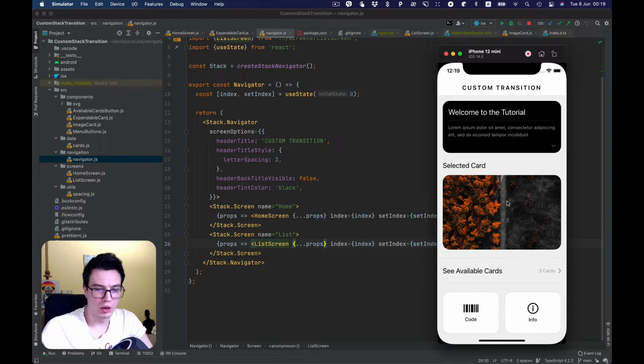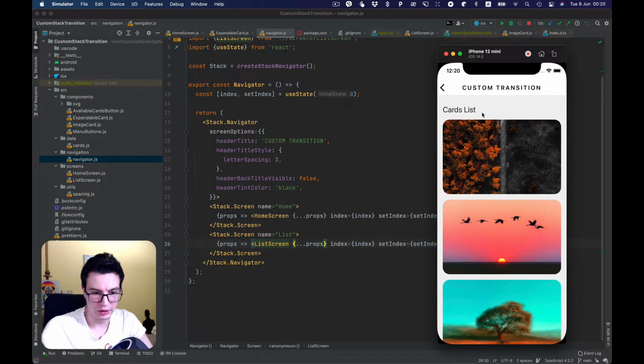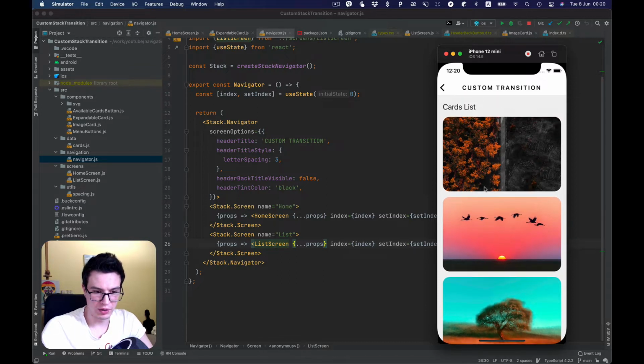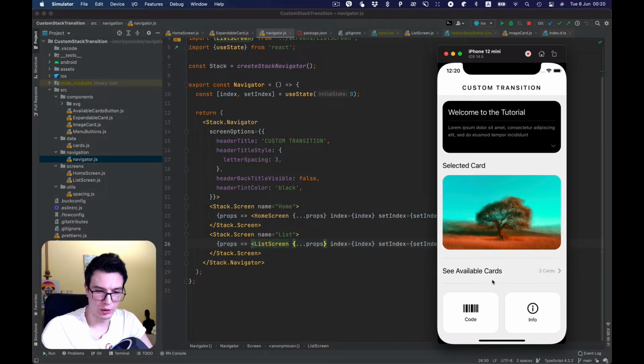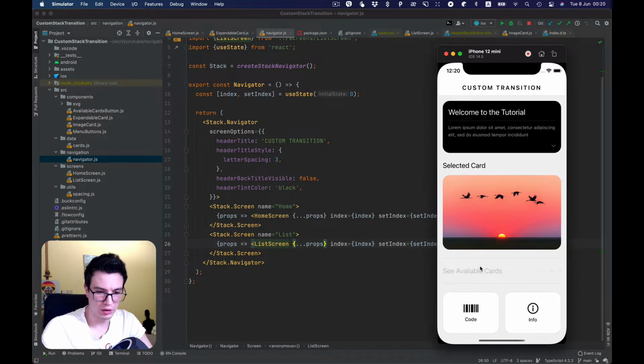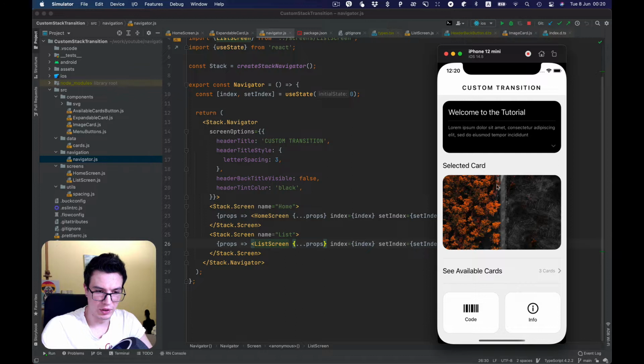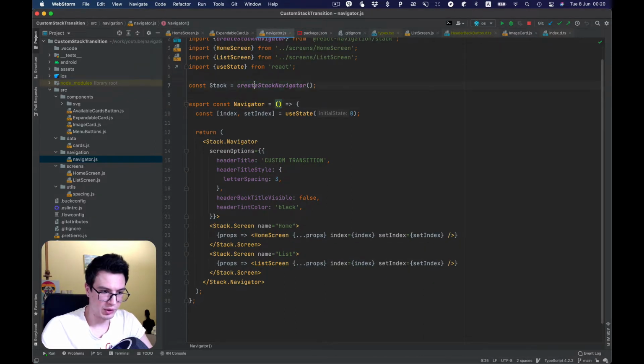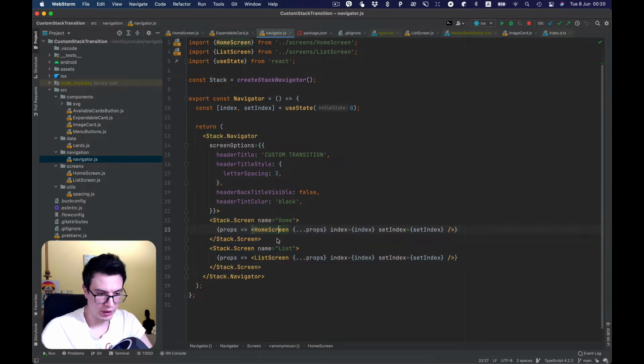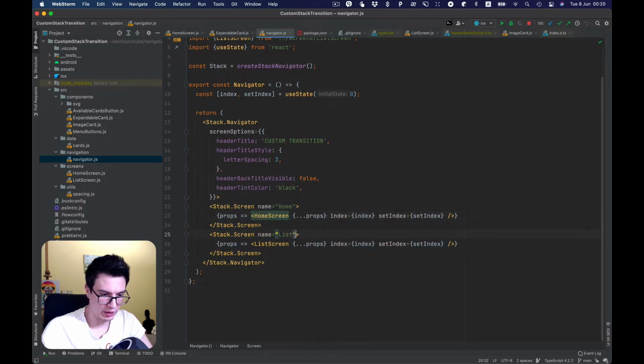For this tutorial I prepared a template with a simple Stack Navigator and two screens. On the second screen we have a list of cards and we can pick a selected card which will be displayed on the first screen. So we have created the Stack Navigator, the selected card index state, and these two screens. And I want to start